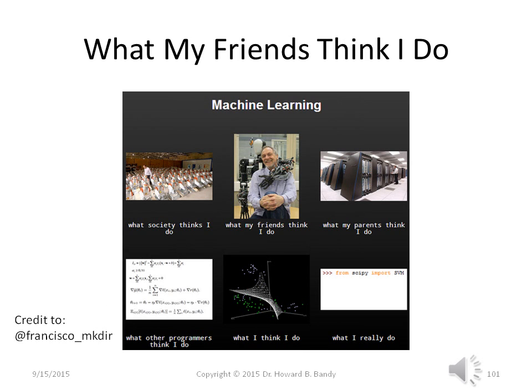And I think this is really clever. What my friends think I do. Society thinks machine learning is working with a whole army of robots. My friends think I have a close relationship with one really attractive robot. My parents think that I'm working with racks and racks of high-powered computers. Other programmers think I'm solving esoteric mathematical equations. I think I'm designing a hyperplane to separate the target space. And what I really do is just call the support vector machine from the SciPy library.